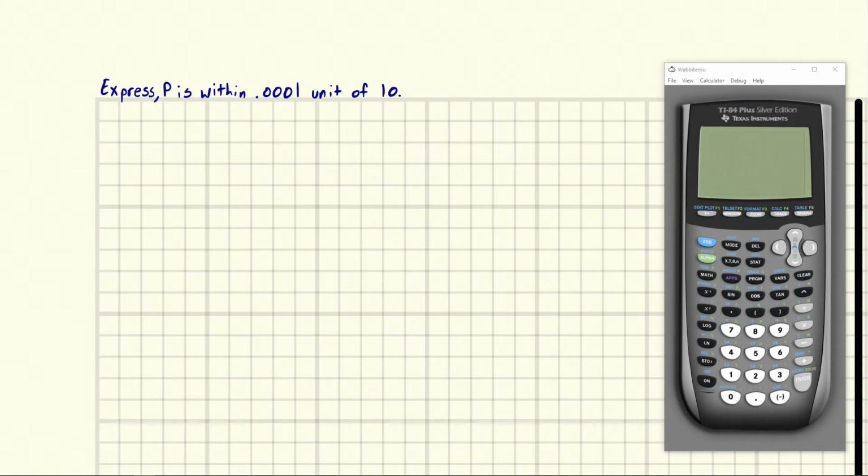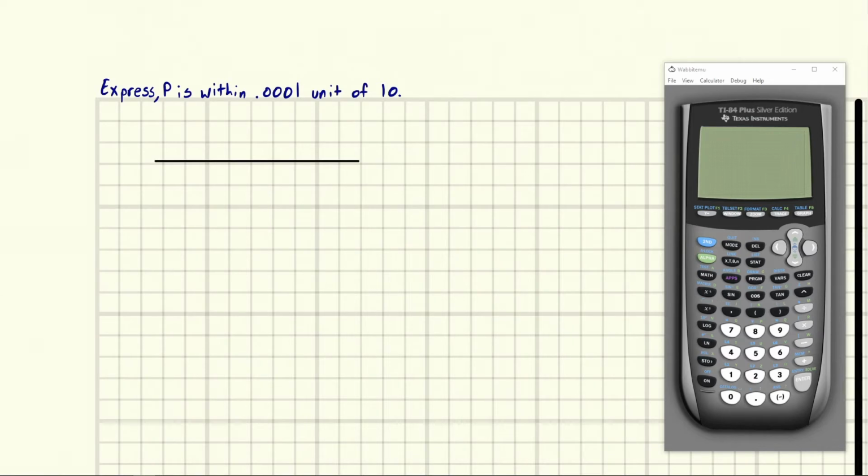We've been given the following statement: P is within 0.0001 unit of 10. And they want us to express this statement in math. So whenever they say within, they're talking about a distance. And distances we represent by a minus operation. So if we want to know the distance from 7 to 5, we would do 7 minus 5. That gives us 2. So in this case, they want a range, and I think it's helpful to draw a